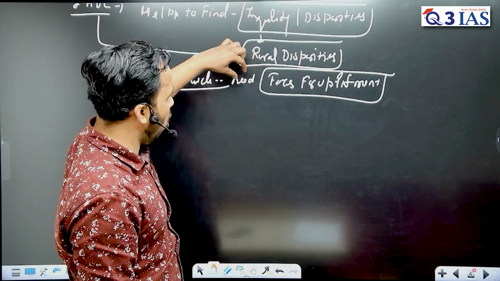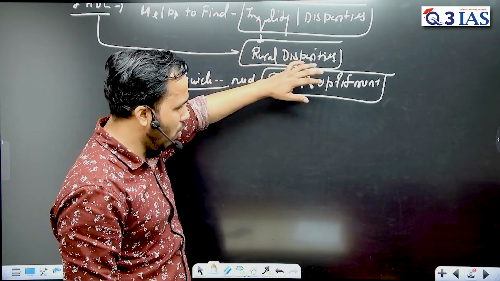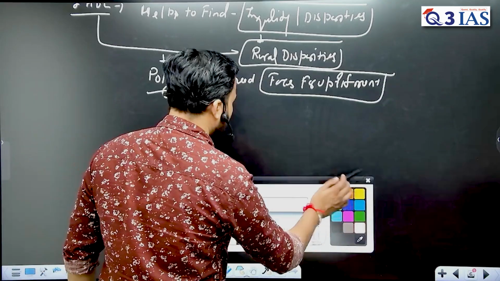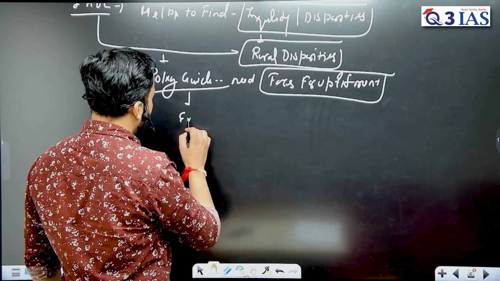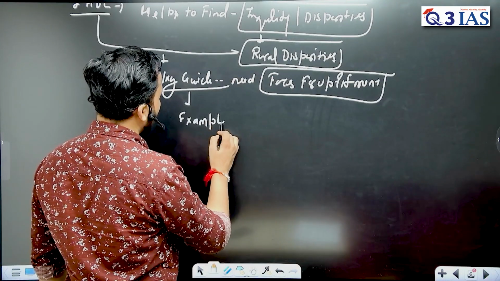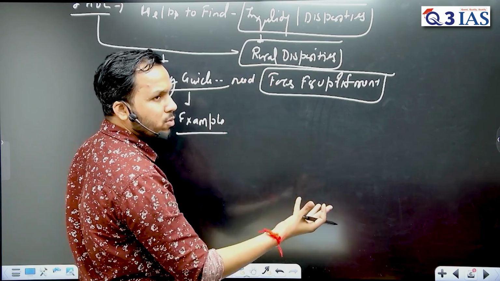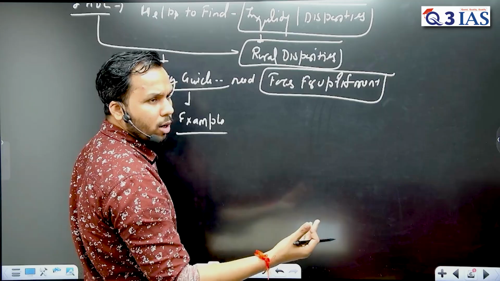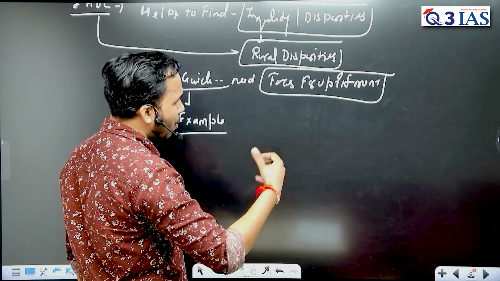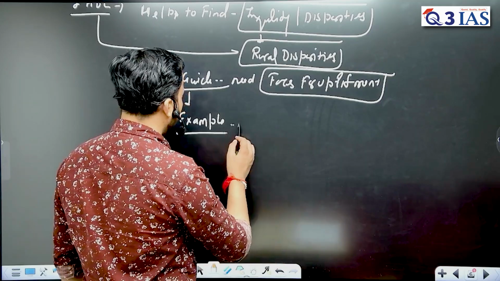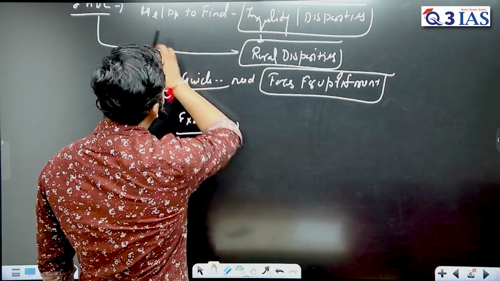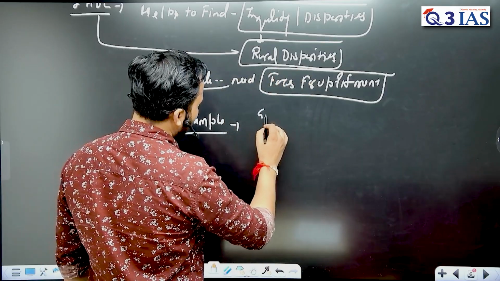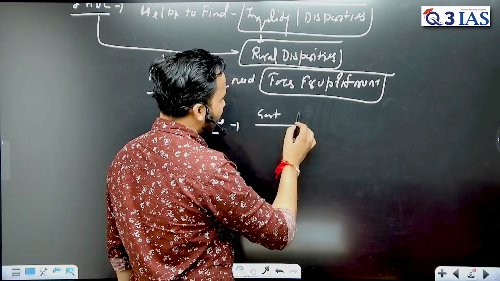Suppose we take an example of how this policy guide can help the rural population come out of backwardness. If IHDI finds rural disparities, then the government can take some initiatives